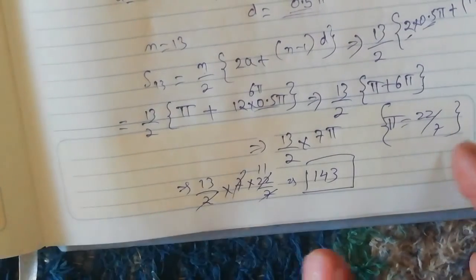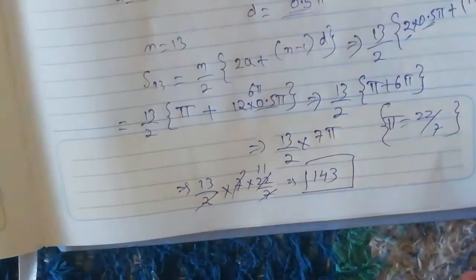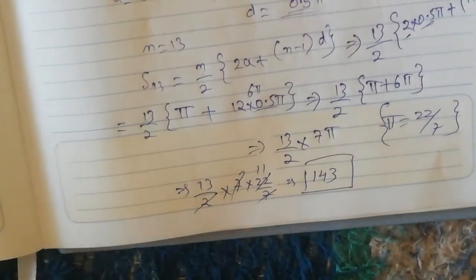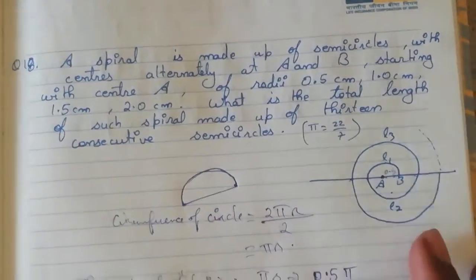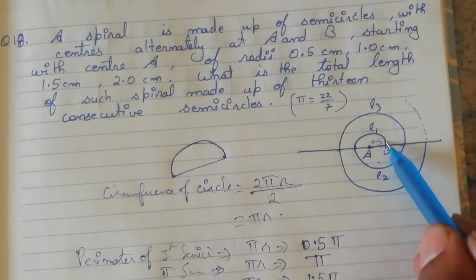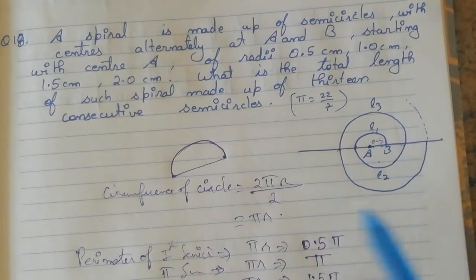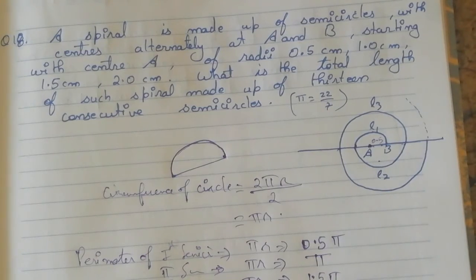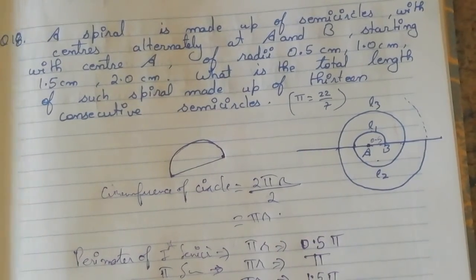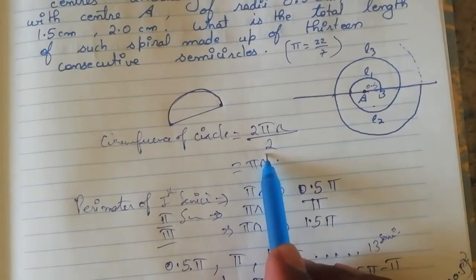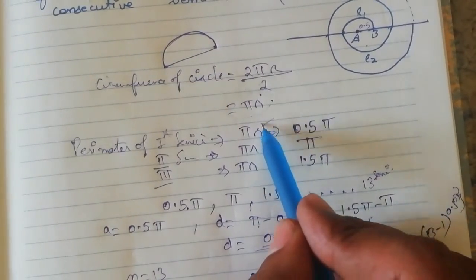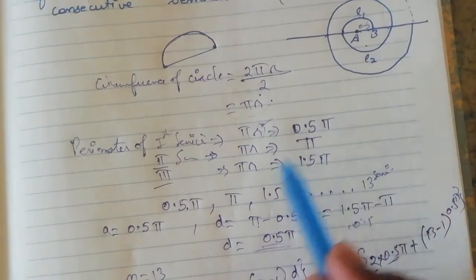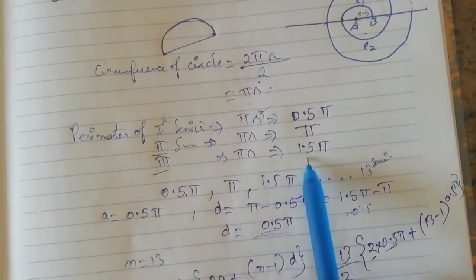Okay, in this way you have to solve the question. Don't panic that it is this much longer or that the question has a diagram itself and we have to find the series. You can easily calculate these types of solutions. What we have done here is find the length of this semicircle. The length is given by the circumference of a semicircle. What is the formula of the circumference of a semicircle? It is nothing but 2 pi r divided by 2, so it is given by pi r. Now for the first semicircle we have radius 0.5, for the second we have 1, for the third we have radius 1.5.